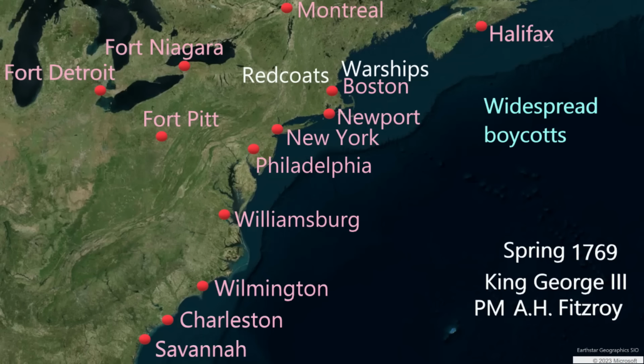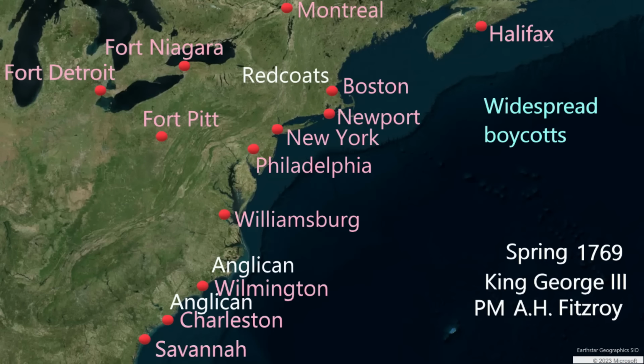Spring 1769. The colonies are also dealing with internal issues. New York and New Hampshire contest their boundaries. Ethan Allen forms the Green Mountain Boys to drive out New Yorkers from lands claimed by New Hampshire. In the Carolinas, there is conflict between the dominant Anglican ruling families in the eastern lowlands and the Scotch-Irish Presbyterian and Baptist settlers living in the foothills of the Appalachian Mountains.